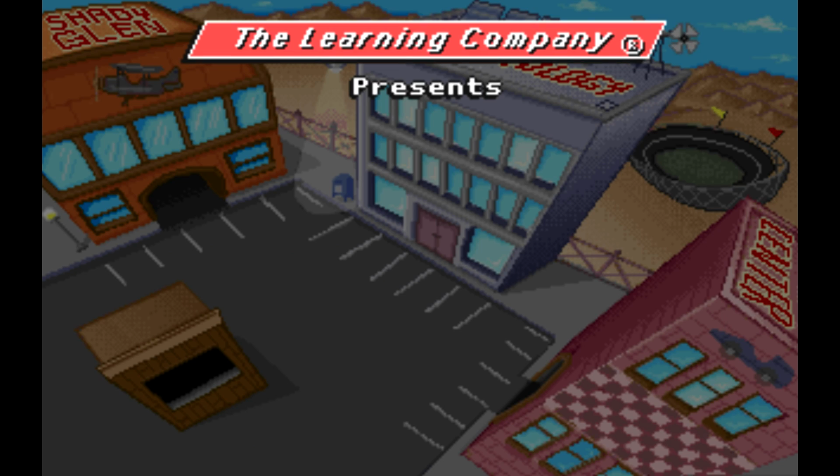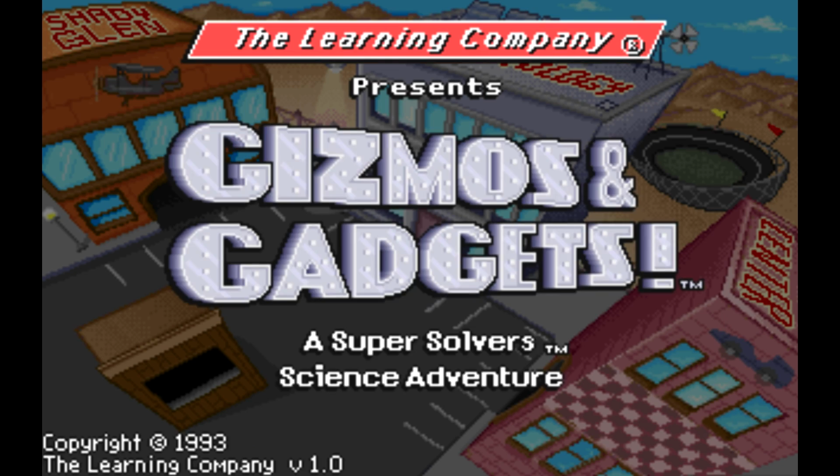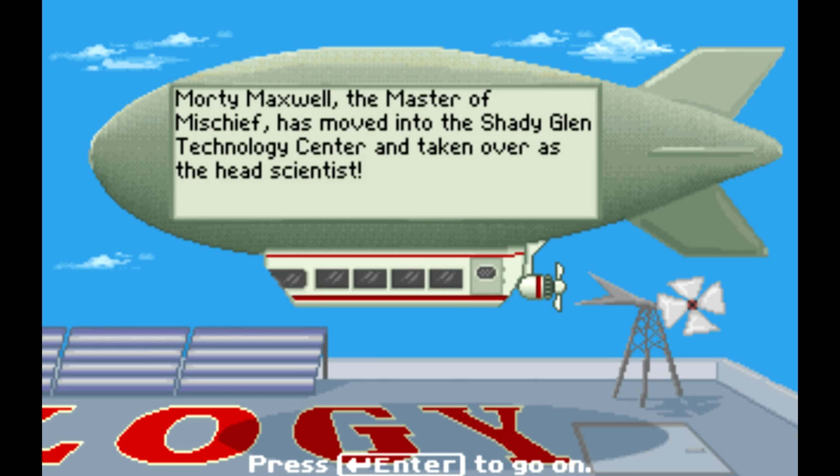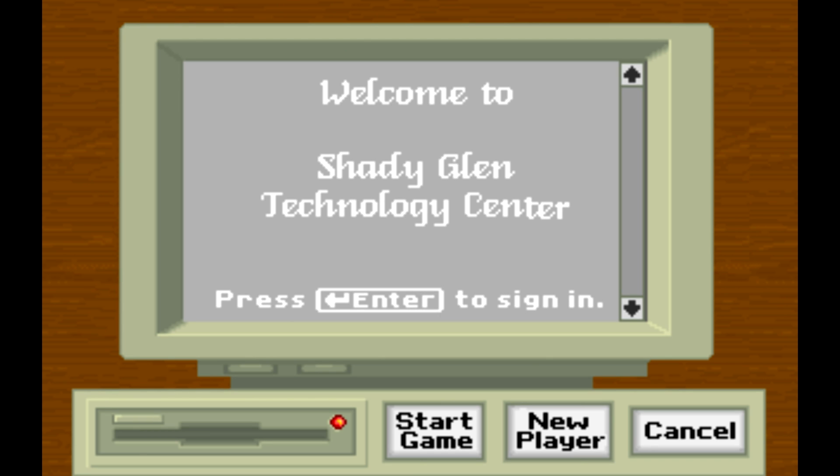One of my favorite games that fell into the realm of learning and entertainment was Gizmos and Gadgets by the Learning Company. Why? Because it's about science. Science! Gizmos and Gadgets is a great little game that features the ambiguously gendered Super Solver trying to regain control of a science center from the mad with power Morty, the Master of Mischief. Alliteration is boss. The Master of Mischief has infested the Shady Glen Technology Center with...